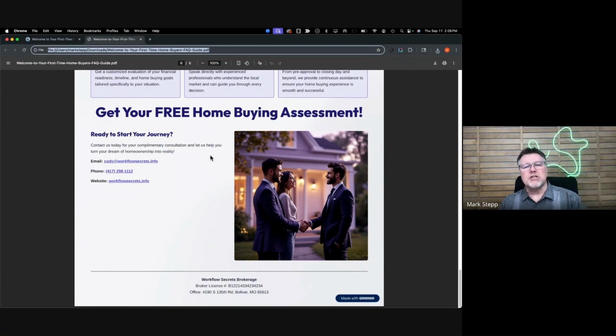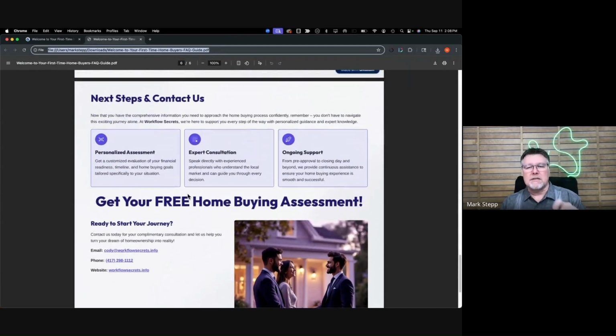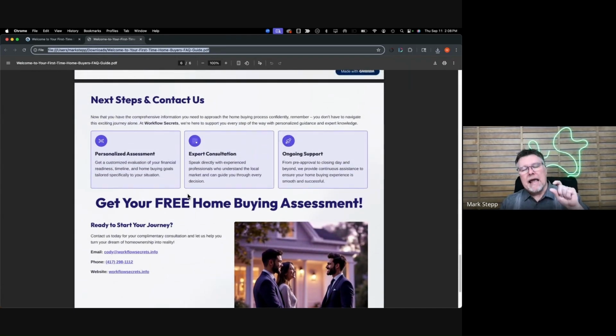So if they register, I can then take that information, say they registered or want the first time home buyer assessment guide and or frequently asked questions or whatever it is, and the date on that, whenever they register, then triggers the routine.